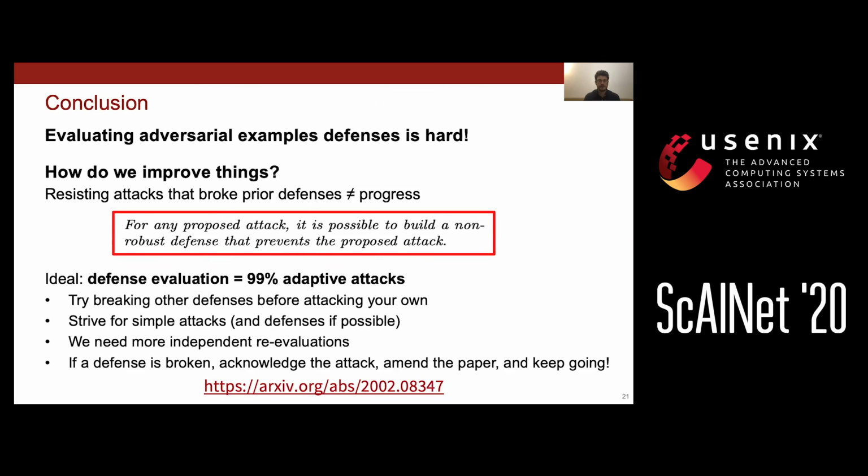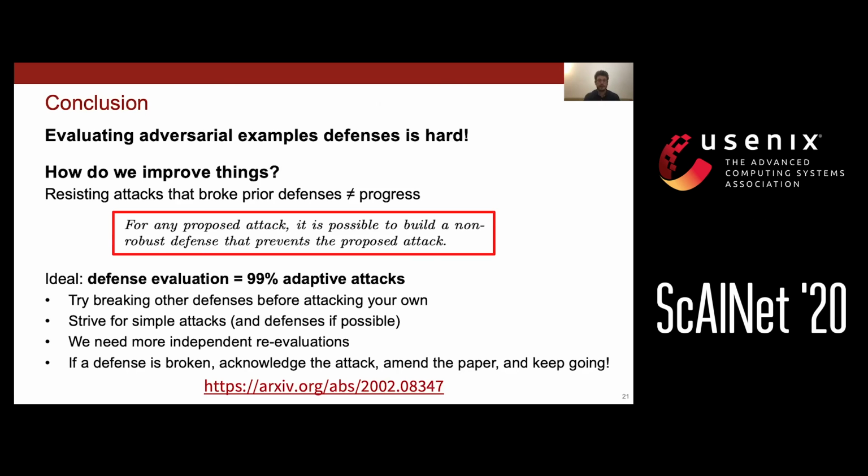And ideally, this would just be the bulk of a paper's evaluation section. My hope would be to read each evaluation section and be convinced that the authors really tried as hard as possible to break their own defense, but failed. And this also means that defense authors have to learn to build strong attacks. And there's no better way to do that than to practice. And I think our paper can really help here.